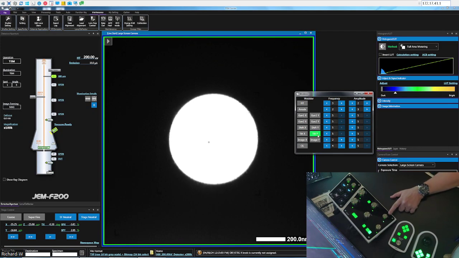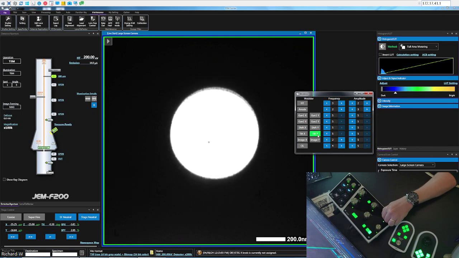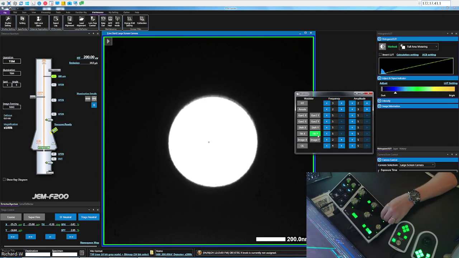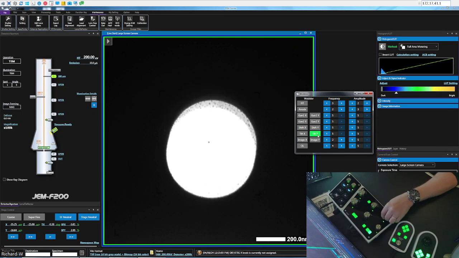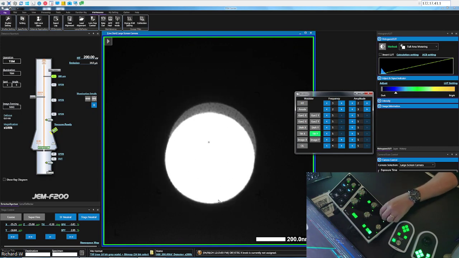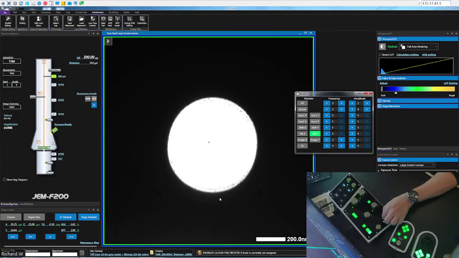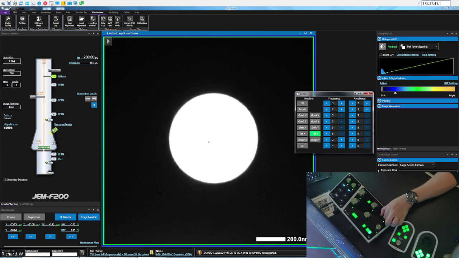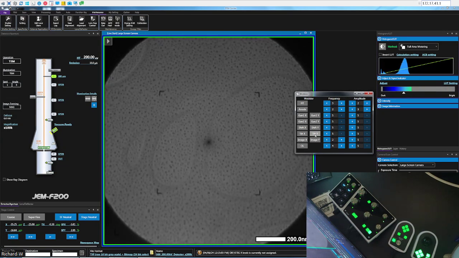So you see now I'm going to correct using the def stig knob Y to correct for that. So you can see if it goes too bad, then the beam starts to split into two. So we get it to the point where there's no splitting and minimize the wobble like so. And now that is set. So now we're ready to do the high tension wobble. One of the important things to consider when we're doing the